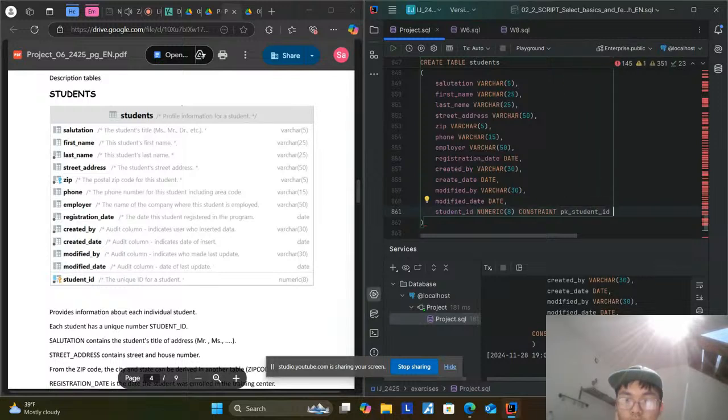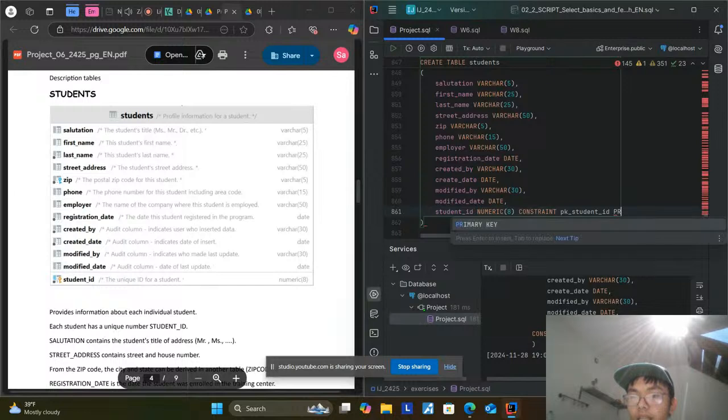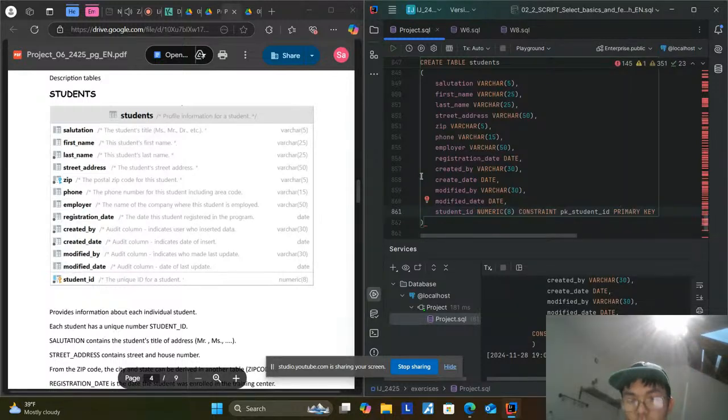All right, primary key. Also constraint FK. I usually do it if it's in the student table. I usually make that